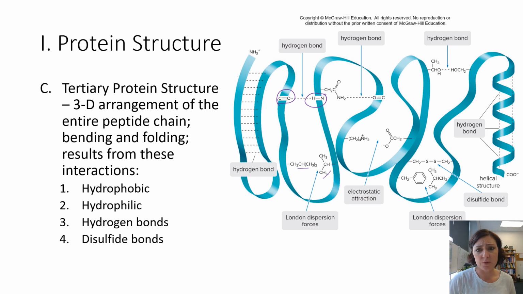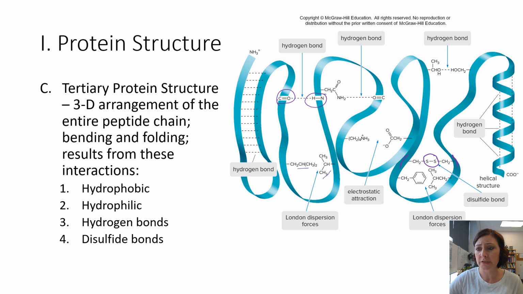The other thing that we have going on here that we haven't talked a lot about are disulfide bonds. Disulfide bonds are the result of an interaction between two cysteine residues. So here we have two cysteines that were oxidized, and when they're oxidized, they form a disulfide bridge or a bond, however you want to refer to that. That's pretty strong. That's going to pull this portion of the protein together with this portion and help